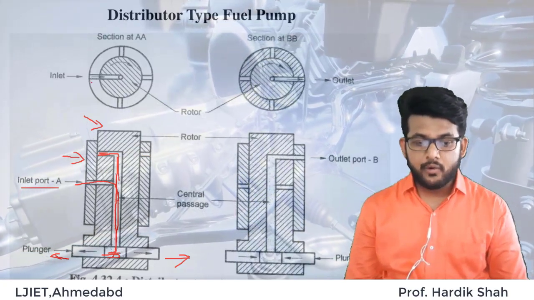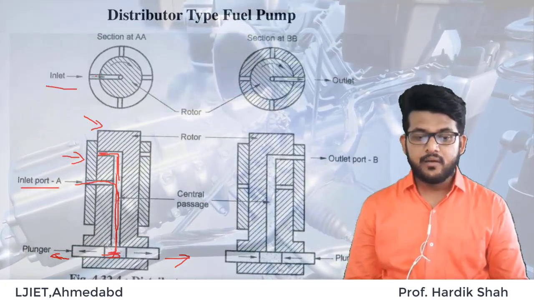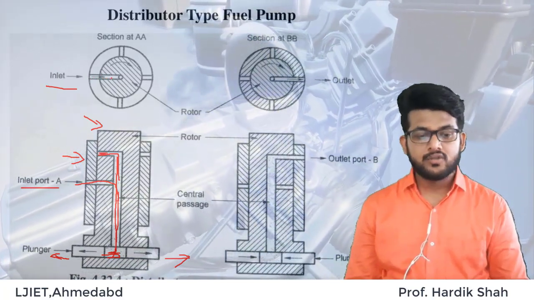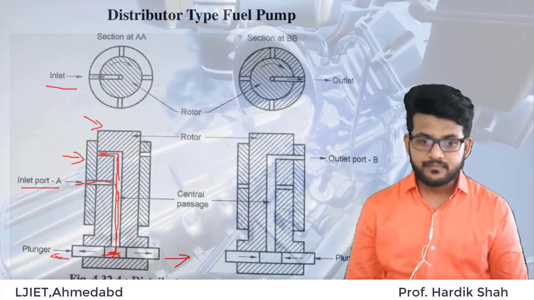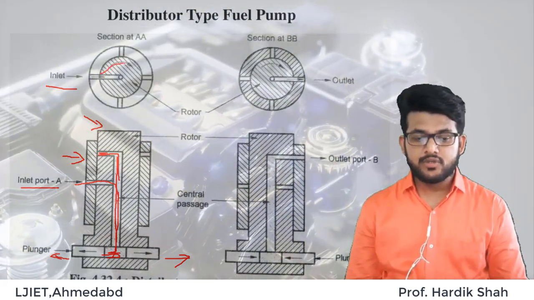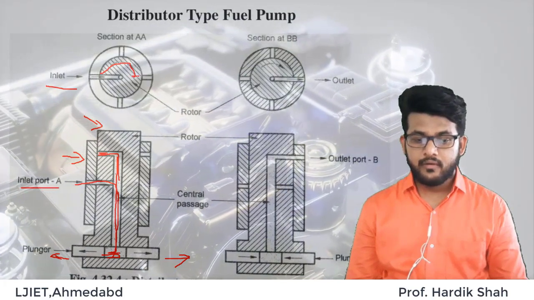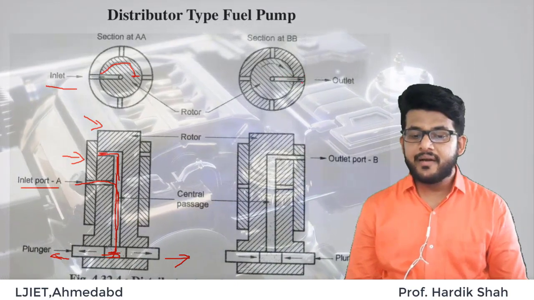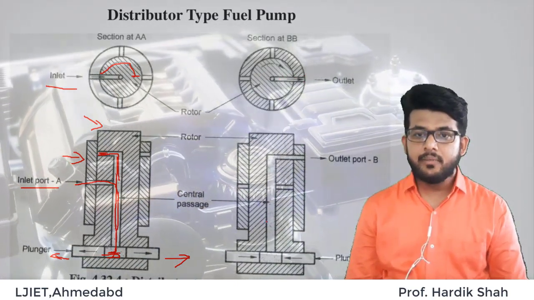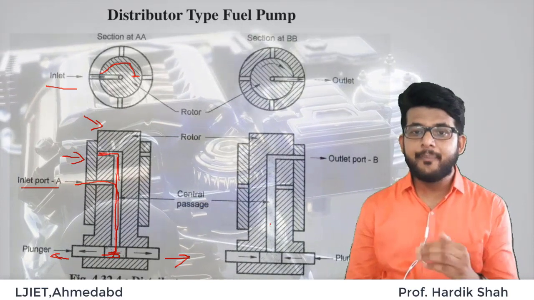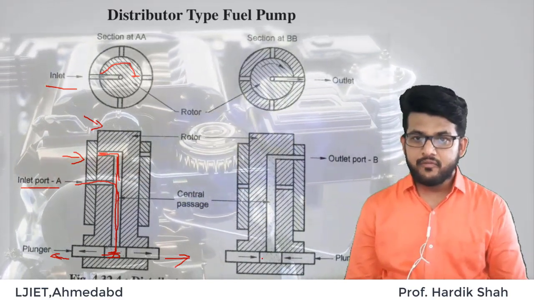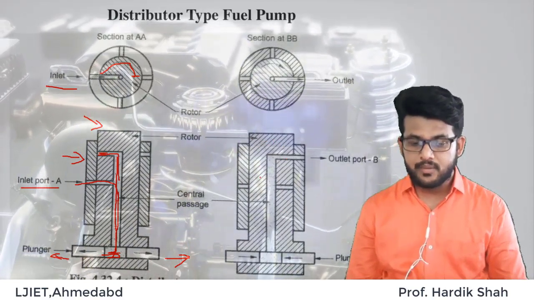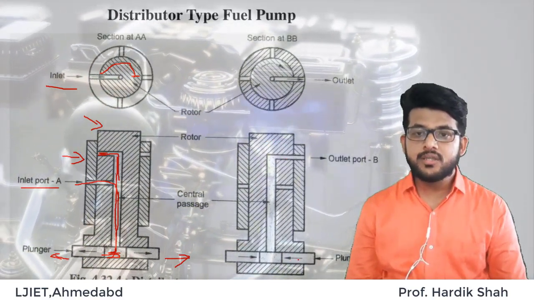Fine. So after the rotation, you can see here it is our inlet. Right now the inlet is done, and the pump is filled with fuel. Whenever it is rotating, this portion will come here, and this is our outlet. Now you can see in this figure B, it is now connected with the outlet. So now it is time to deliver the fuel at high pressurized condition. Fine. So now when it comes by rotation to this portion, what is happening? Now we are pushing the plunger inside.